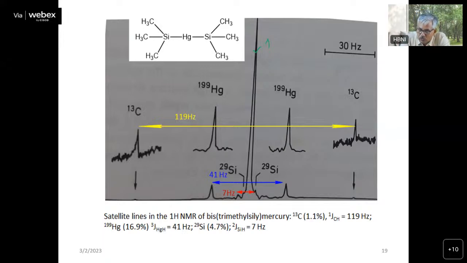Okay, and then you see the 29 silicon. 29 silicon is about 4.7%. You see a small satellite here and a small satellite here. So that doublet is coming due to proton-silicon coupling. And then this is your